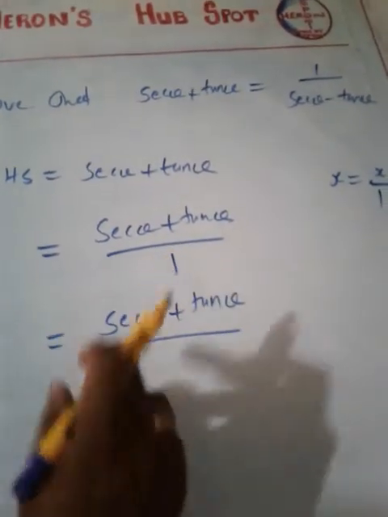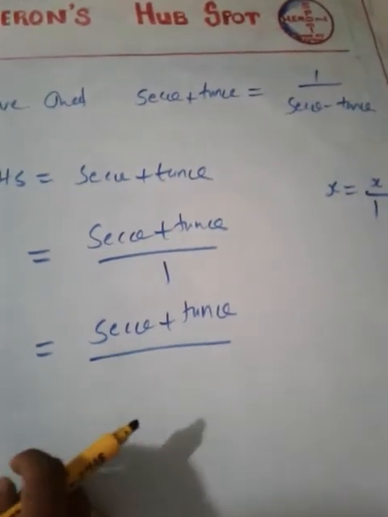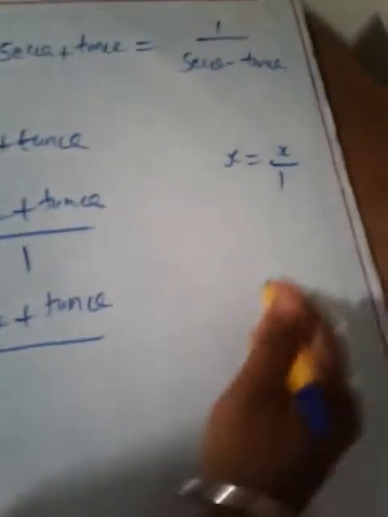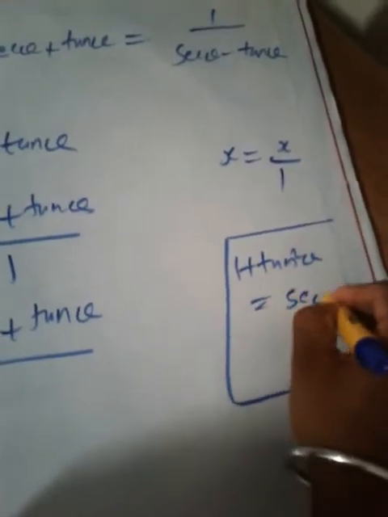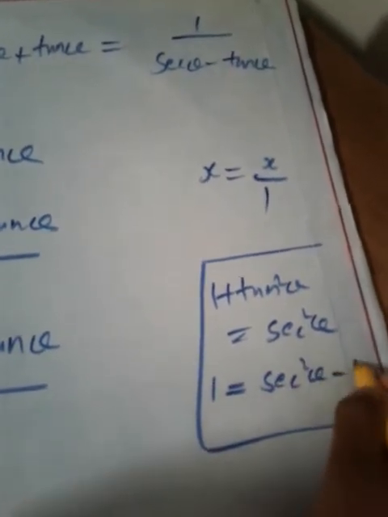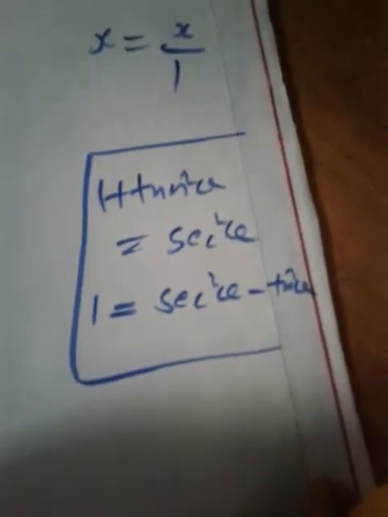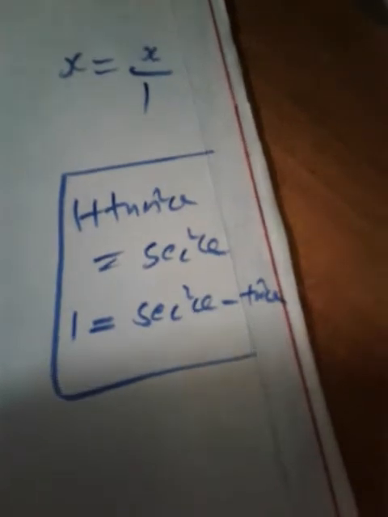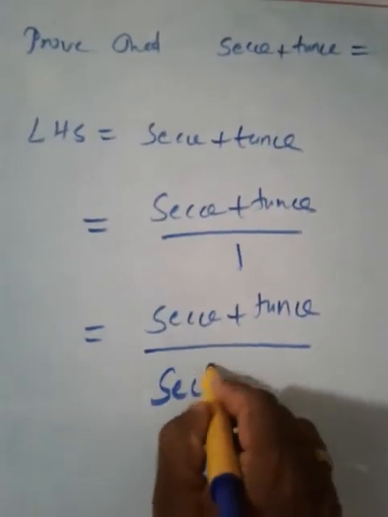And now what I'm going to do is, can you replace 1? When you replace 1, that should be in terms of sec theta and tan theta. What is the expression for 1 in terms of sec theta and tan theta? We have an identity, 1 plus tan square theta is equal to sec square theta, isn't it? From this identity, 1 is nothing but sec square theta minus tan square theta. Take this plus tan square theta to the right side. So I'm going to replace 1 now with sec square theta minus tan square theta here. Are you following me?